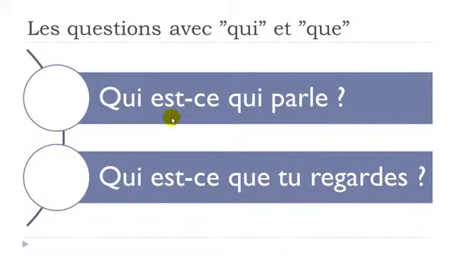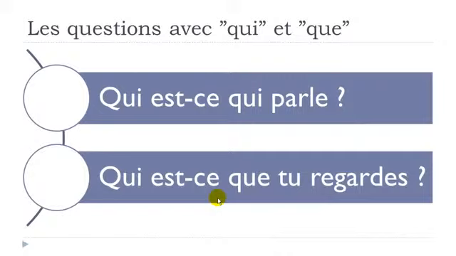So in both cases, well, these questions are mostly for oral use, because when we add this est-ce qui, est-ce que, normally it's when you talk, okay? If you write, you don't really need to put them. We've got some more formal way to write questions. We saw that previously, okay? But still, it's possible orally to use these structures. So the question is, why do we use qui here and qui here, and then qui here and que here, okay? Because it can look a bit messy at the beginning, especially if you don't really know how to use or how to structure that.